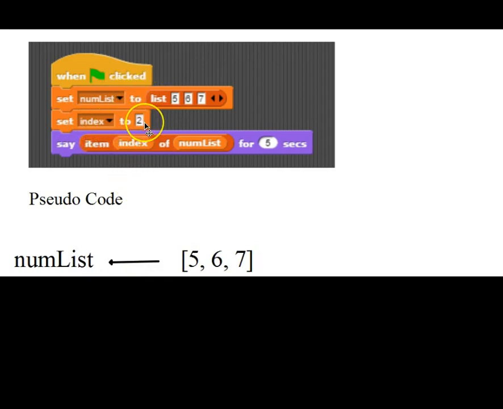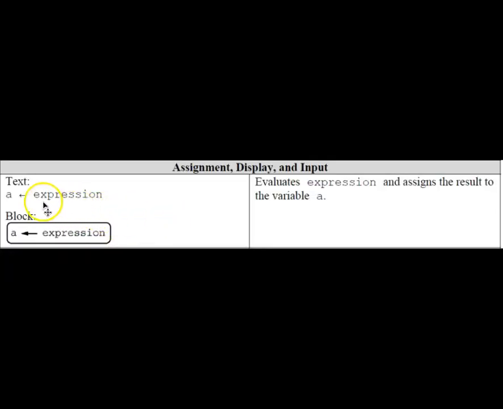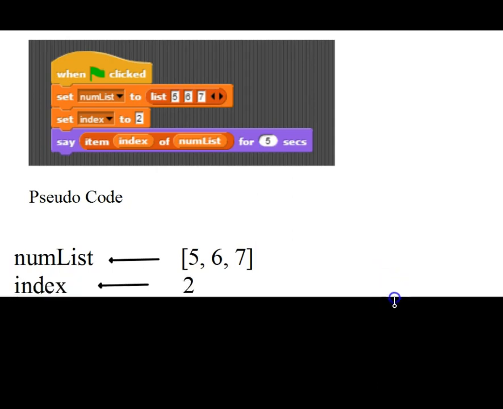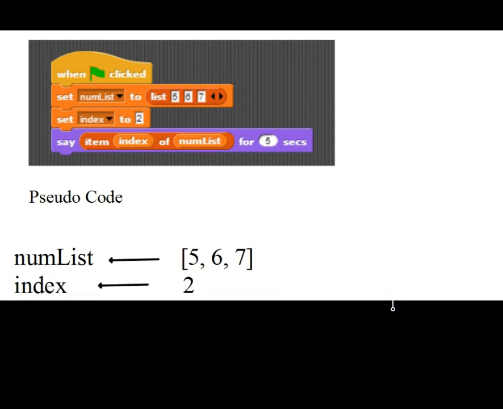Then now we just want to set our index to 2. Well, remember, if we just want to make a simple assignment, all we have to do is write our variable name, the little back arrow symbol, and whatever it is we're assigning in there. So in this case, I'm just going to use our index variable name, and I'm going to assign it a value of 2. So index with the backwards arrow is going to represent 2,